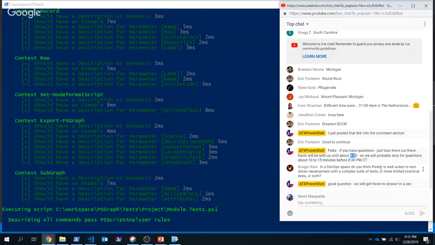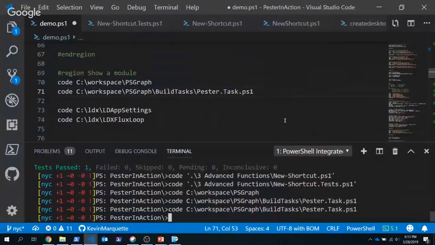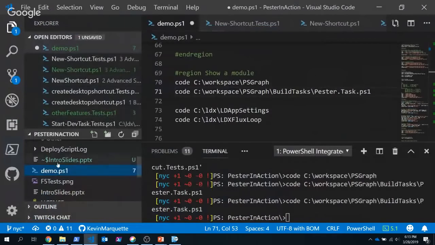Pester is amazingly flexible. You can use it for a ton of stuff. When I'm doing test-driven development, I do use it quite a bit for that. I do find some rough edges when the sheer number of tests gets really high, and I'm hoping their PowerShell 5 work will help with that. And what I mean by a high number of tests, and I'm going to jump way ahead just because it's on context here, is that